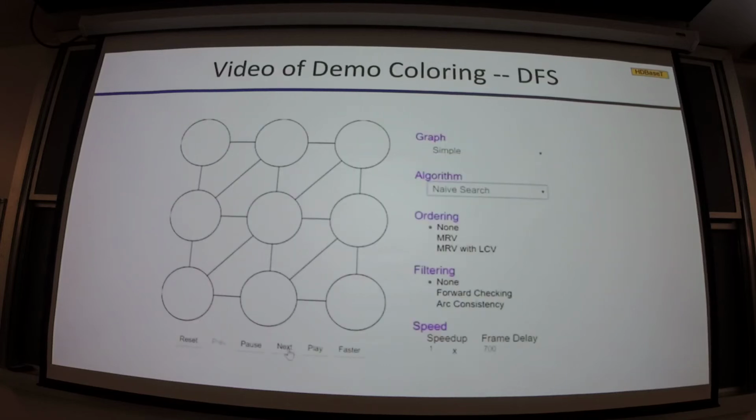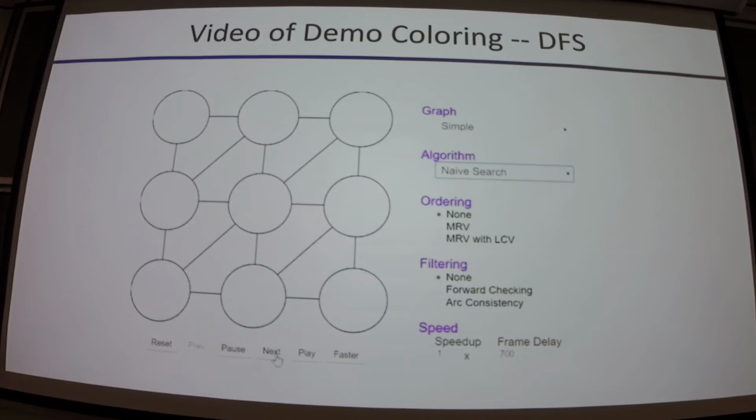Okay, so let's look at an example, a video of DFS running on a very similar problem. So this is functionally equivalent. We have these states. Each one can be colored red, green, or blue. If they're adjacent, as defined by the graph structure here, they can't have the same color, right? Okay, so let's see how this works. So what we're going to do is we're going to assign a value to the first one. It's going to be the first value in our domain, and we're going down the left side, right? And then we're just going to keep deepening.